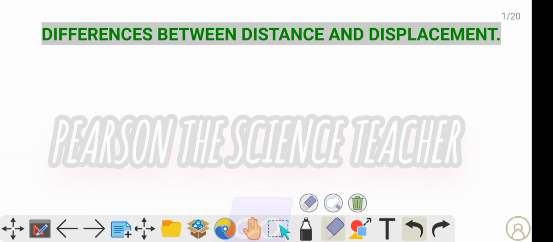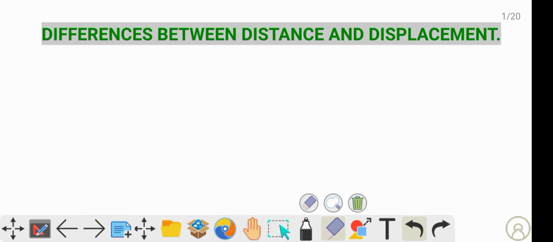Pearson the science teacher. Today we want to look at the difference between distance and displacement. It sounds simple, right? But as we keep learning today, we're going to discuss and find out something that we might have not known. So before we delve in it,